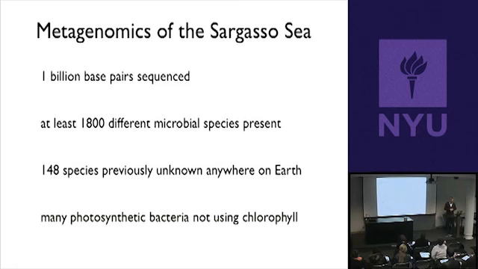Given they only had DNA information, how was it possible to find out that the bacteria were photosynthetic? Right, so the inference is that they have these bacteriorhodopsins, and if they have the bacteriorhodopsin, they're probably using it for photosynthesis. You're right, it's possible that they could have this bacteriorhodopsin and use it for something else, but there's no way of knowing that, especially since they're not culturing the organism, so they're not doing that test.